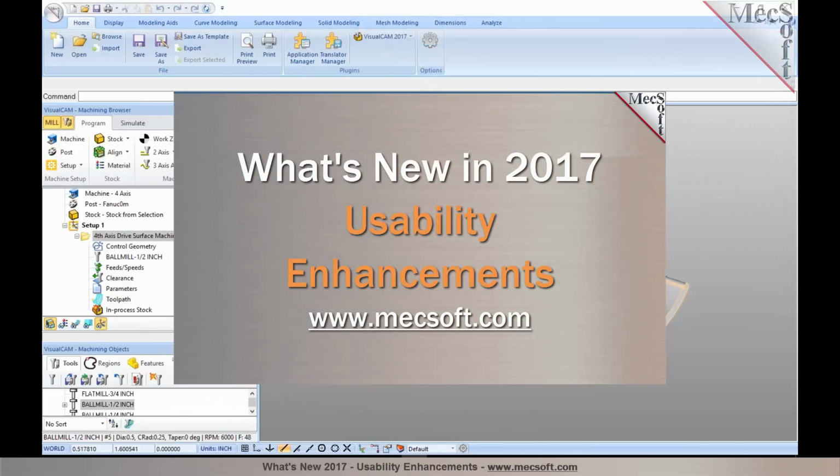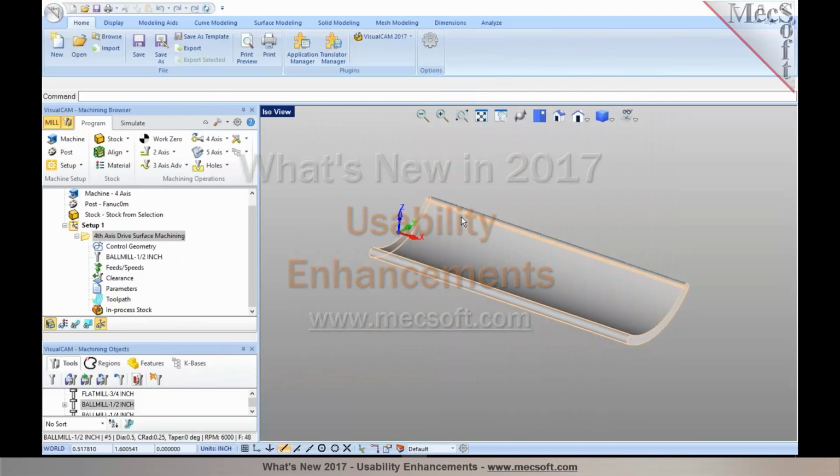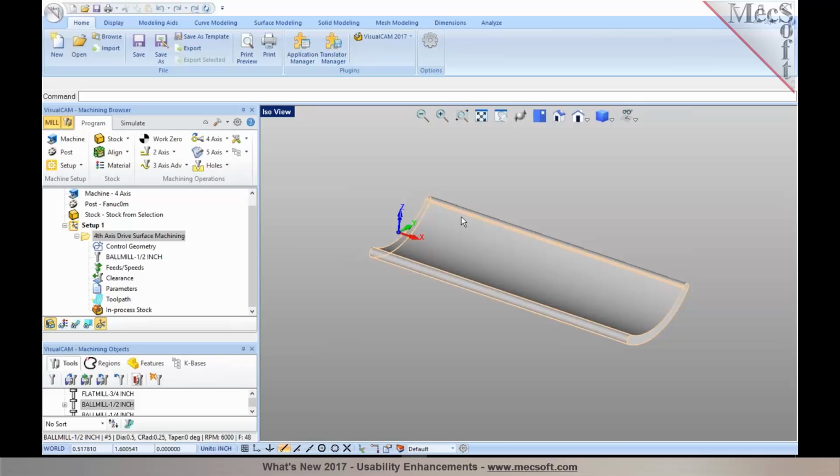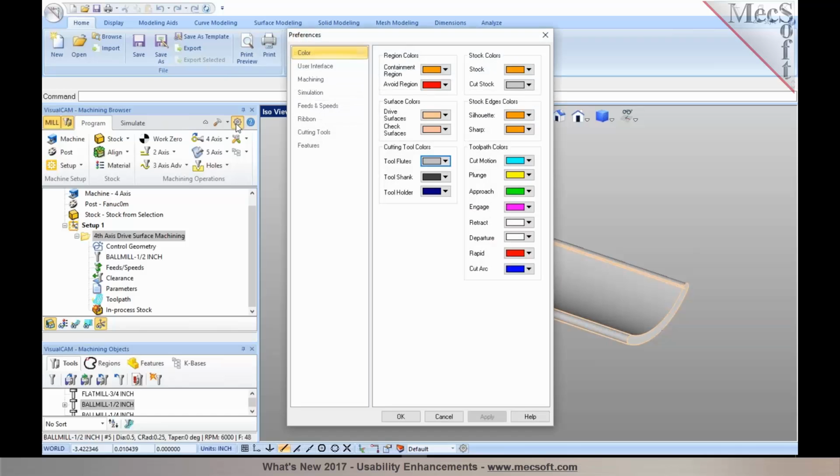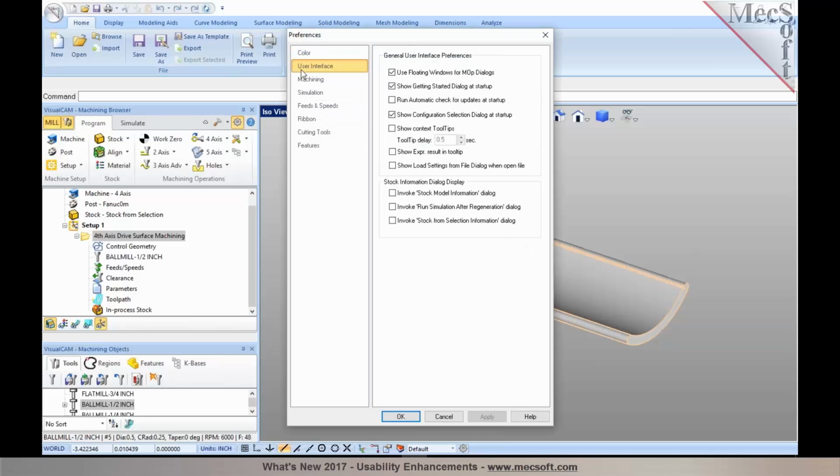The next nice feature I would like to talk about is useful help for the help system, for the tooltips. We've added context-sensitive tooltips, and this can be enabled, and by default it's set to be enabled. If you go under CAM preferences and go to user interface preferences, you will notice that we have context tooltips. Now when this is selected,